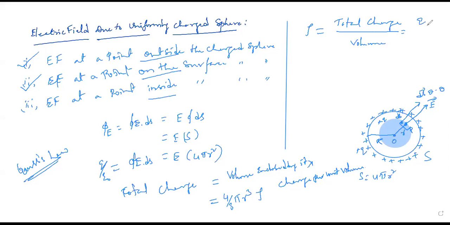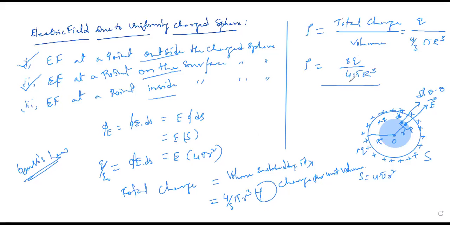So plus Q divided by the volume of this actual sphere. What is the volume? It is 4 by 3 pi capital R cube. So rho can be written as, because this is in the denominator, it goes to the numerator, 3Q by 4 pi R cube. Correct? Now take this value and substitute in the place of rho, the charge density. So this is the total charge per unit volume with respect to the actual sphere. Take this, substitute here and simplify.